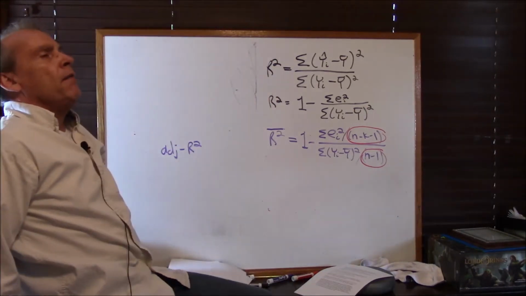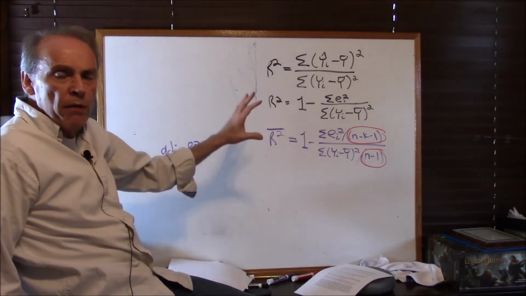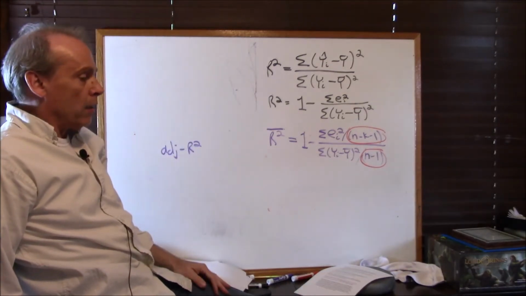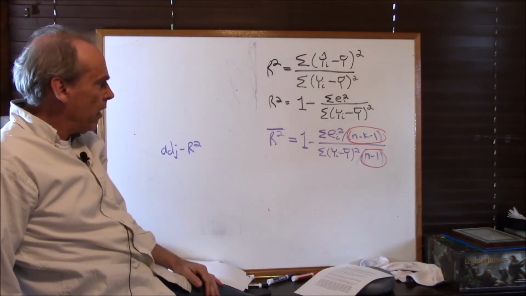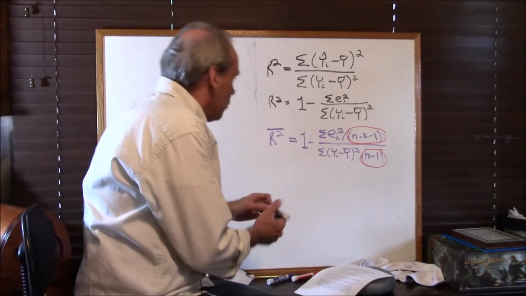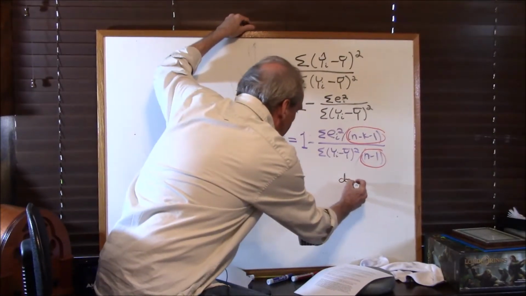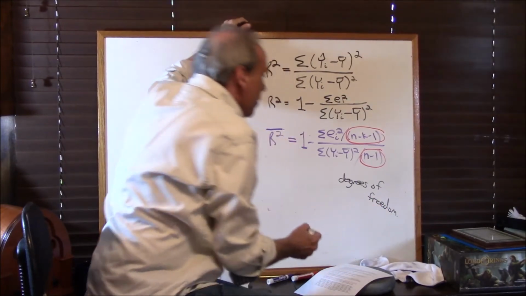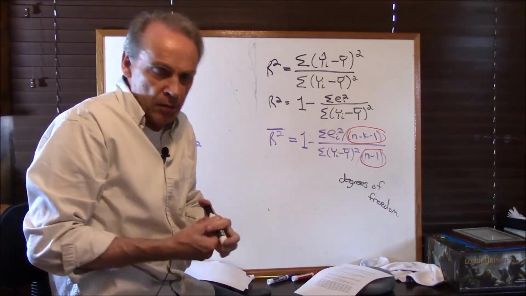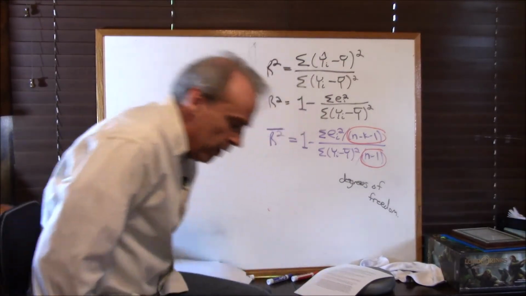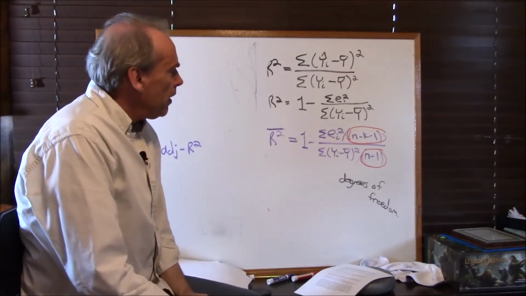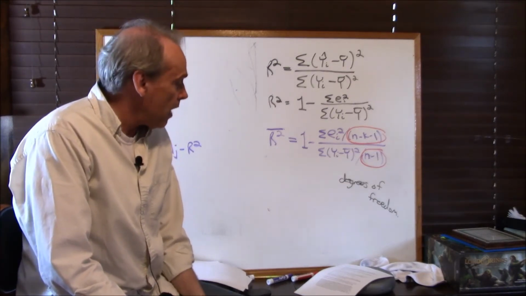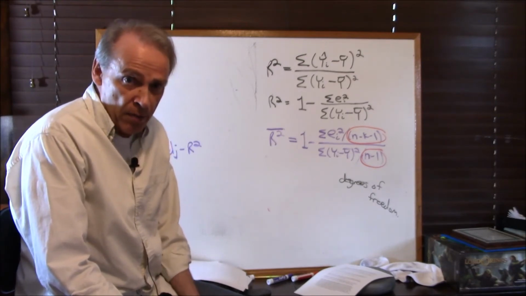Let me explain first. n is the number of observations in your study. If it's 100 kids, n is 100. If it's 20 kids, then n is 20. Now, what we're trying to figure out over here on the far right is what's called degrees of freedom. Which to me has always sounded like a reggae band of some sort. But anyway, degrees of freedom. And the n comes from the number of observations. The 1 comes from the mean of the observation, and the k comes from the number of explanatory variables.